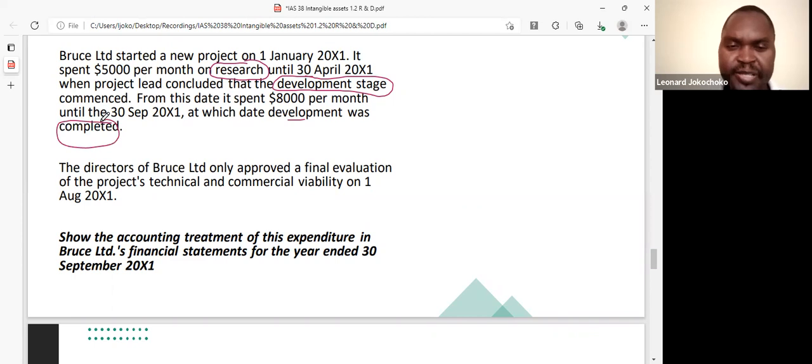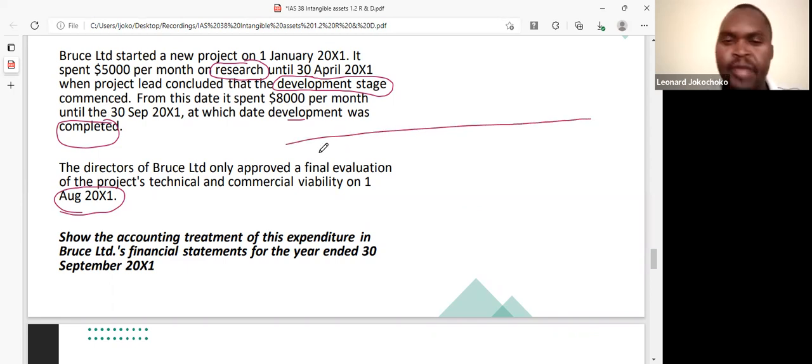The directors of Bruce Limited only approved a final evaluation of the project's technical and commercial viability on 1 August 2021. Show the accounting treatment of this expenditure in Bruce Limited's financial statements for the year ended 3rd September 2021. So if I'm going to report my financial year, I know that because it's ending on September, it will have started on 1 October X0. And it's going to end on 3rd September